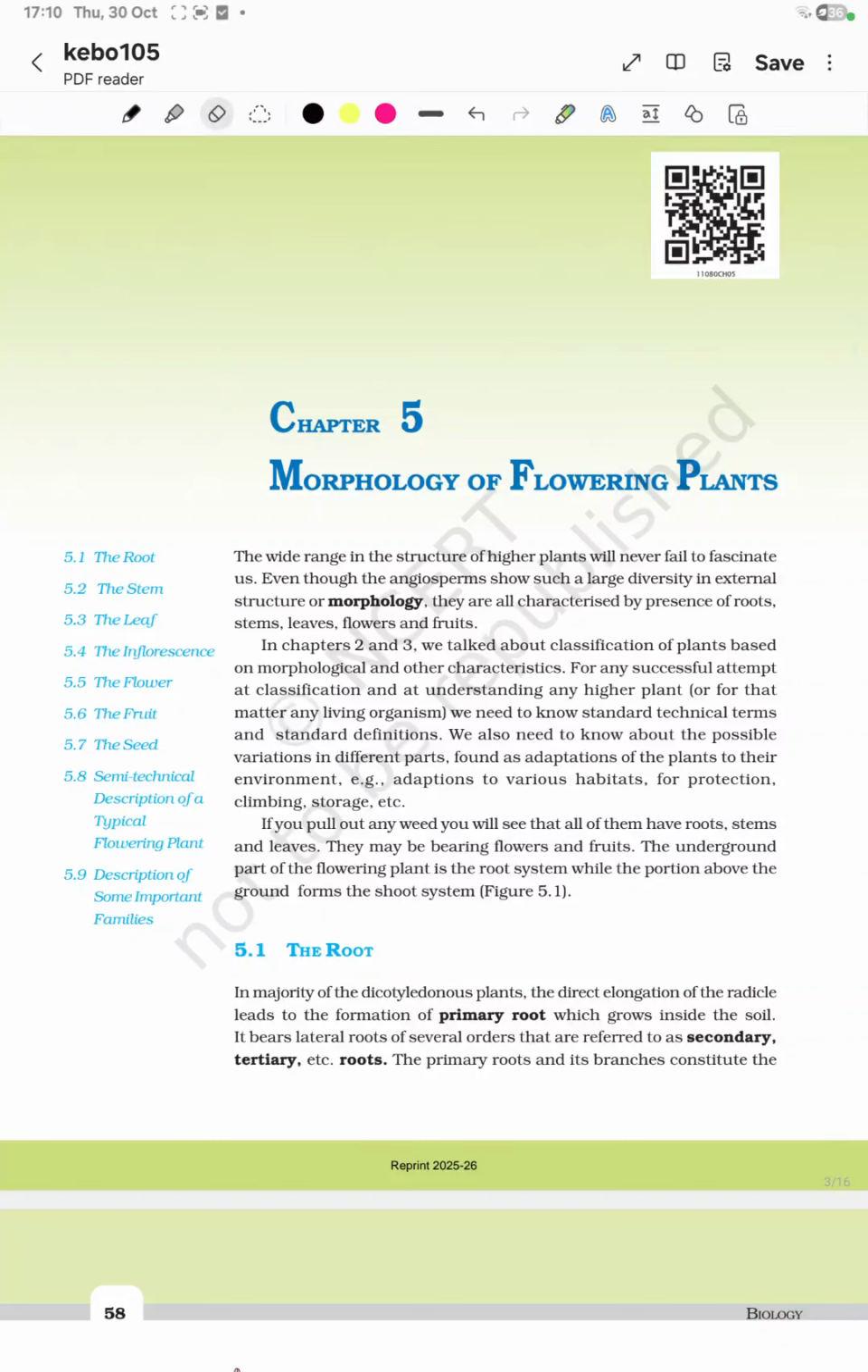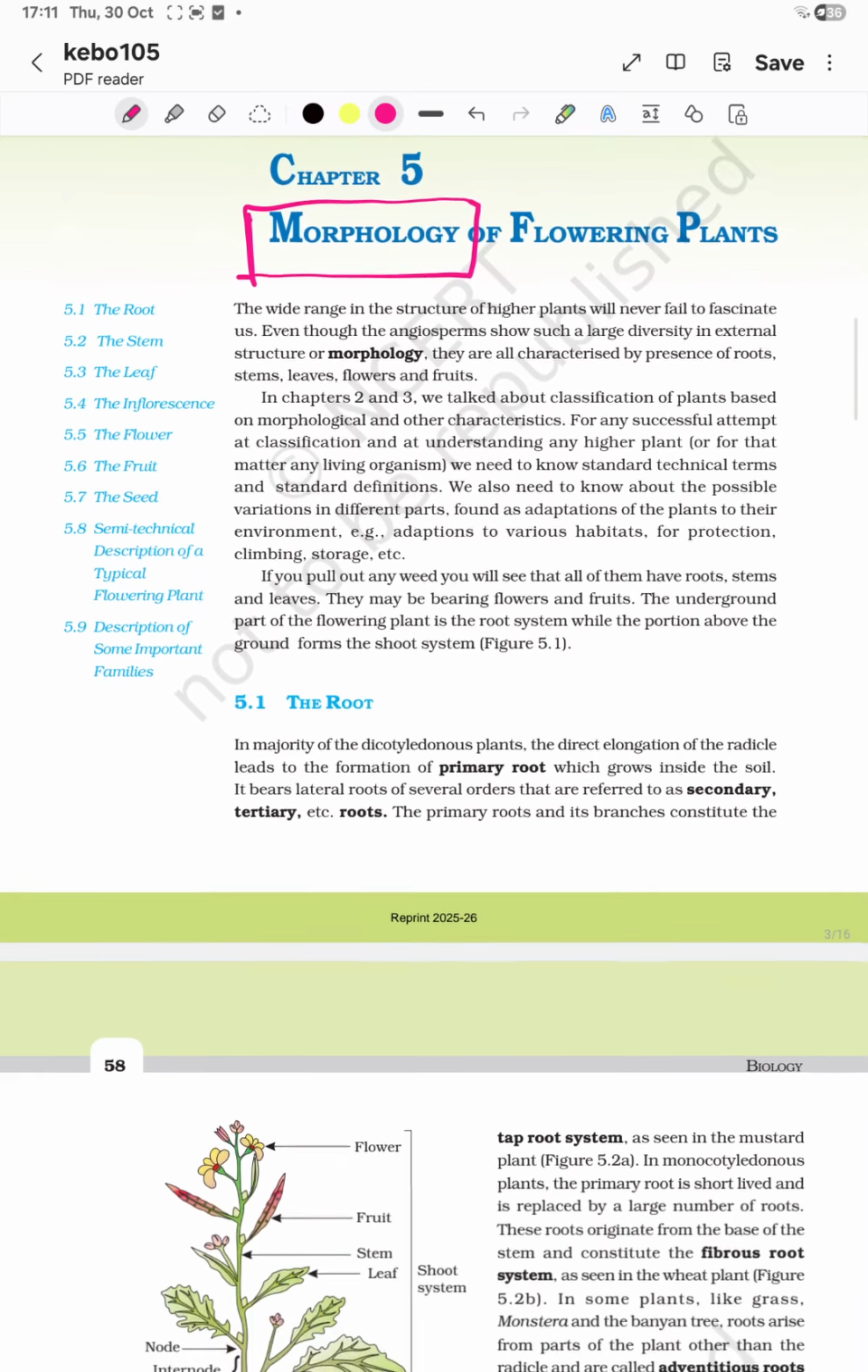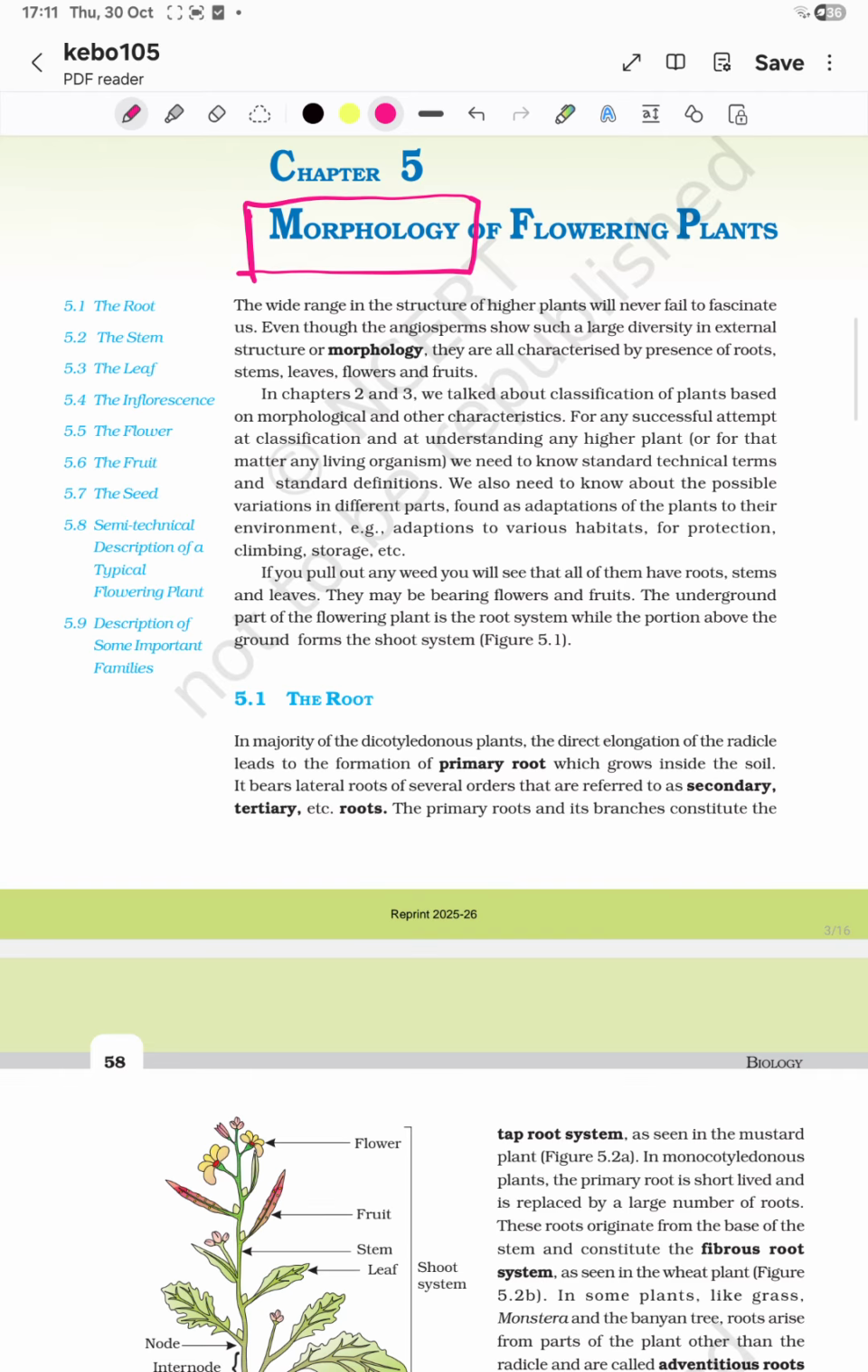So today we are going to discuss a chapter called Morphology of Flowering Plants. I'm just going to be giving you an overview. For me, this chapter was very hard to grasp at first, but by extensive reading and rigorous memorization, I managed to master it. So basically, what you should know in this chapter is